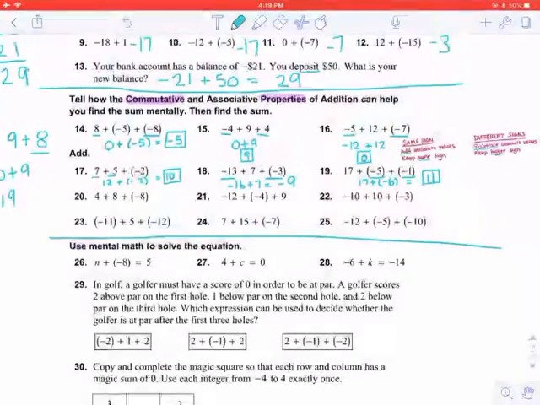The other examples in this section follow the same type of pattern. I don't want to make the video last too long. And then the ones after